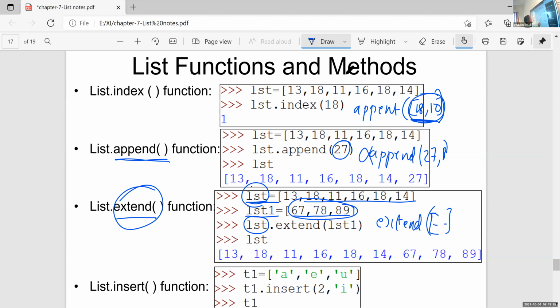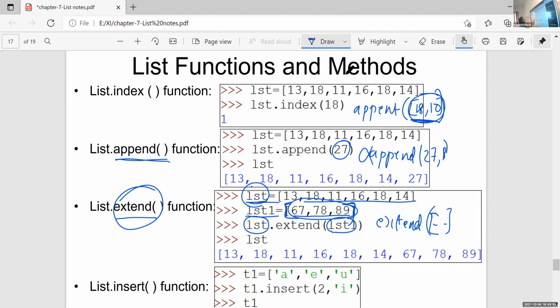That is, instead of this first, we can give this list. Is it clear, Thompson? Yes, ma'am. Okay. So either you can give the list name or you can give the entire list with square brackets. If you want to use a list, then you use the entire list within extend. So that is extend function.